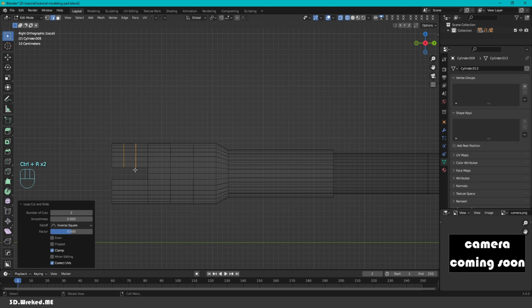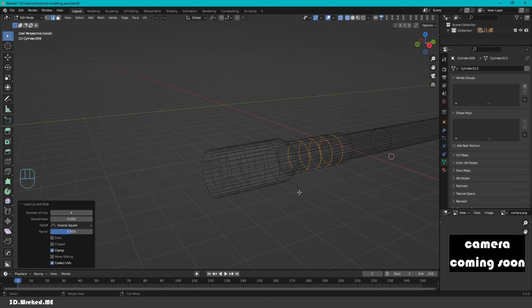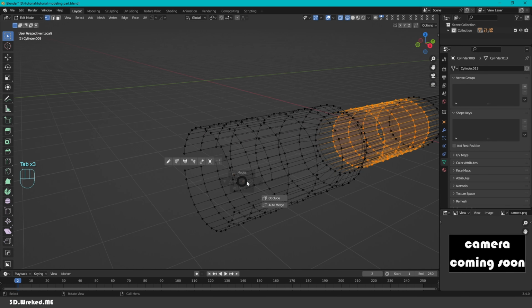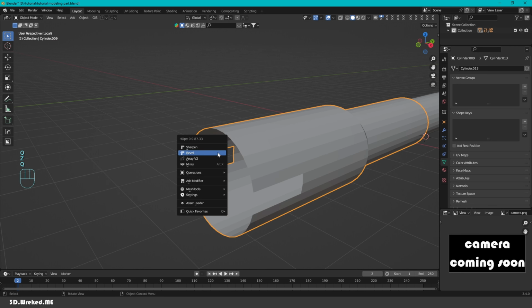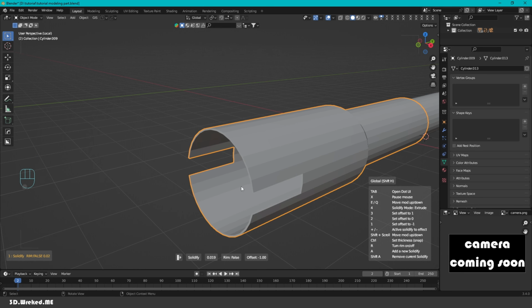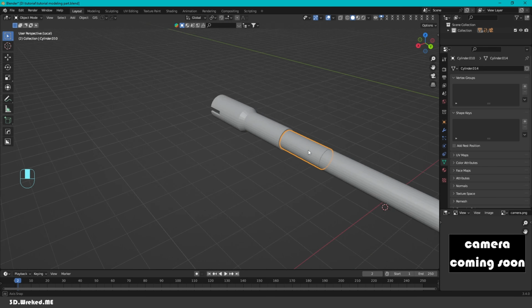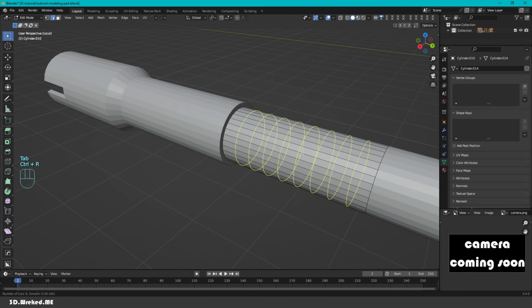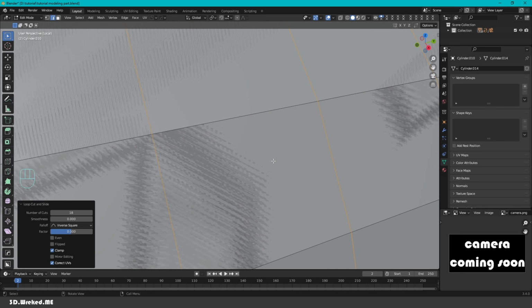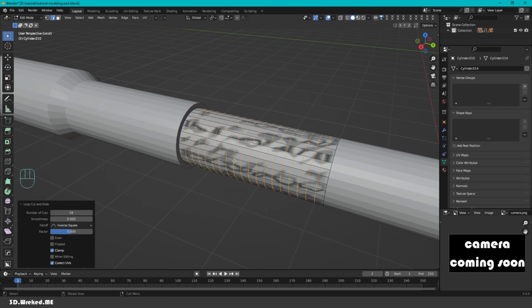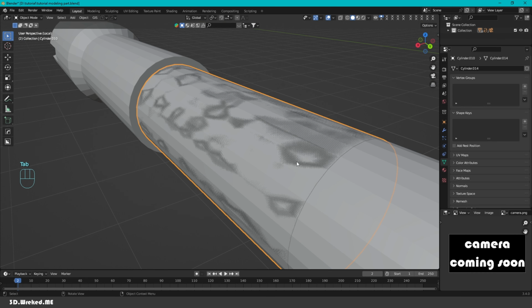Let's add two edges here. Okay. Okay, so we want to add now a solidify modifier, something like this, and then let's divide this. I think they're quite okay, it's fine. Okay, so what we want to do is